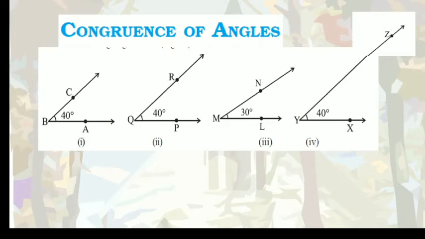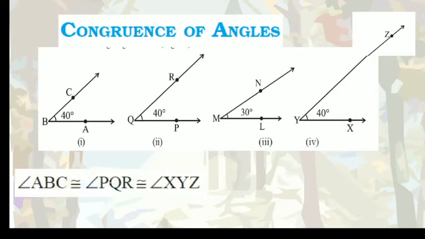Angles are basically two rays. Rays do not have a definite measure because they have an endpoint on one side and the other side can be extended infinitely. So by definition, we know that the arms of the angles can be extended indefinitely. So here the inside measure, this is 40 degrees, this is 40 degrees, this is 30 degrees, this is 40 degrees. So which angles are equal? The angles that measure the same. Using a protractor, when you find the measure of the angle, and if they are equal, then the angles are equal. 40 degrees each, then these angles are equal. That means this angle and the last one are equal to one another.